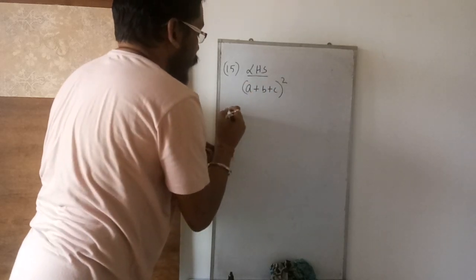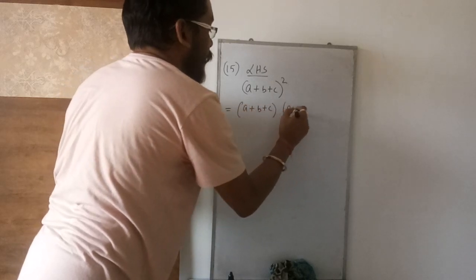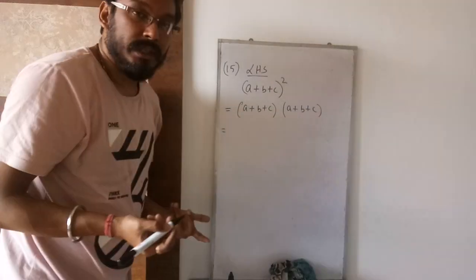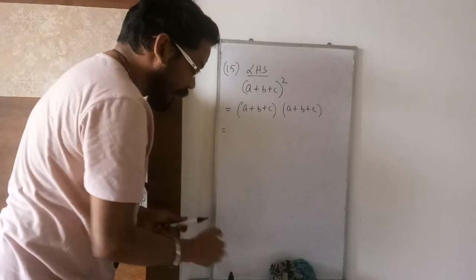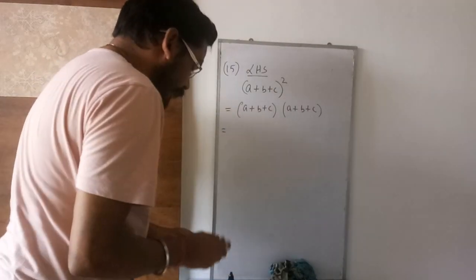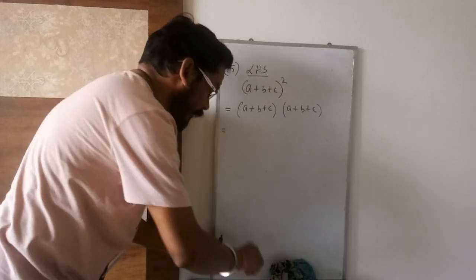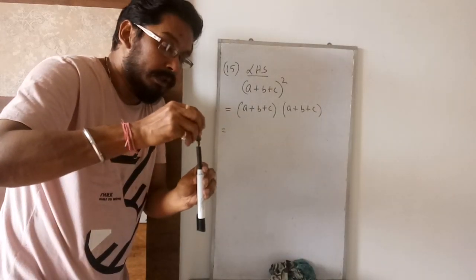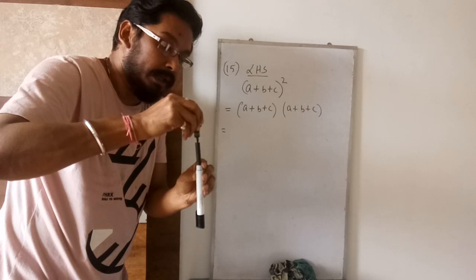So what best can I do in the next step? I can write it twice, because whole square means it will be twice. So in the next step, you can easily understand that between these two brackets no sign means you have to multiply. So I will multiply here now. I will start multiplying by a. You people start multiplying. Let me put the ink in the marker, and we will just continue. You go on multiplying.